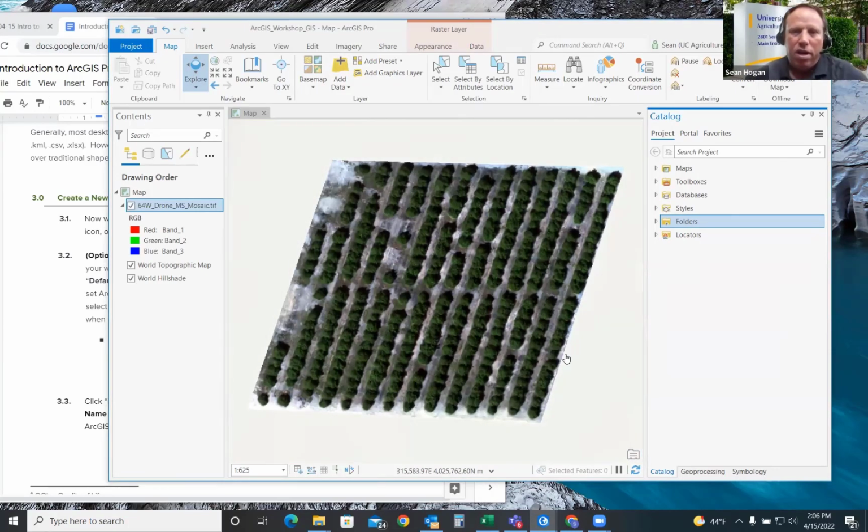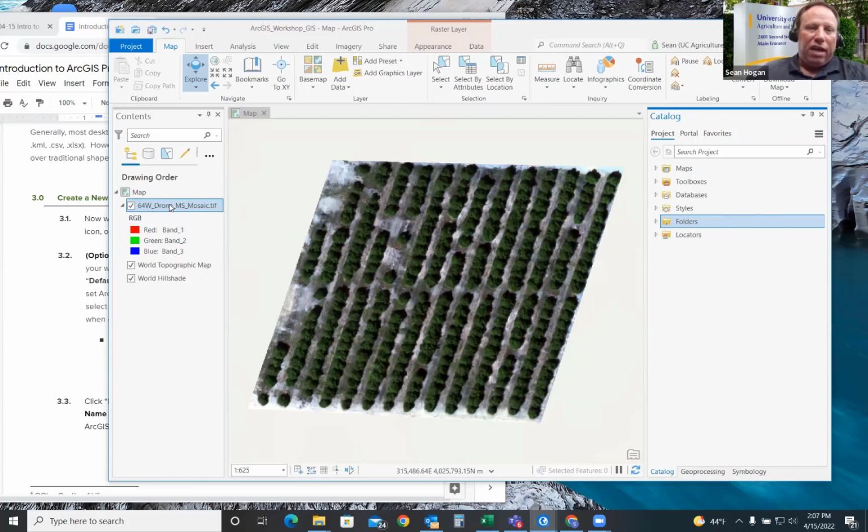This is the drone image that I mentioned before that we collected over what's actually field or orchard 64 West at our Lynn Cove Research and Extension Center. And we're going to practice working with some colorization of this here in a little bit. But what's important to know is that this is in a UTM, or Universal Transverse Mercator, which Maggie mentioned in the projections. We have a variety of Universal Transverse Mercators, one of the most common, and that's the projection of this. And so the rest of our project will be displayed in this same coordinate system.